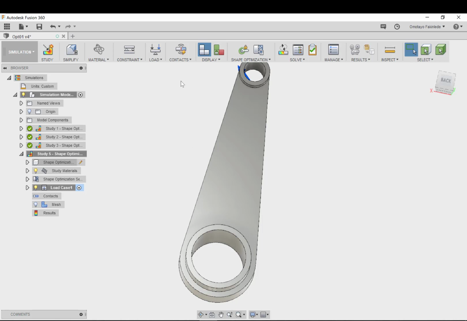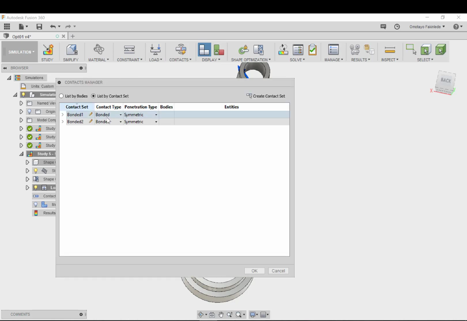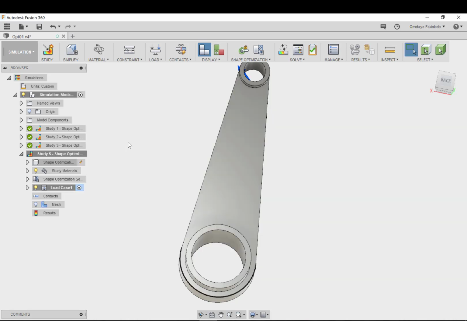Now we might decide to take a look at the contacts by looking at manage contacts. You can see that the two contacts that we have are selected to be bonded. So that is why we are now allowed to solve this problem.